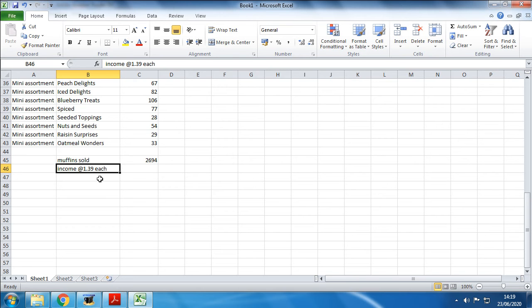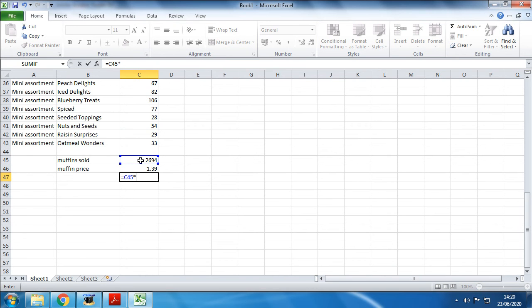We could do it that way. I'm going to actually move that down. The other way you could do it is put a heading here, muffin price. So I'm going to do that. So we'll put £1.39 here. The reason why we do this, it's easy to change things if we want to later on. And so all we do now is we just multiply these two numbers. This multiplied by this. And it gives us the same result as before,